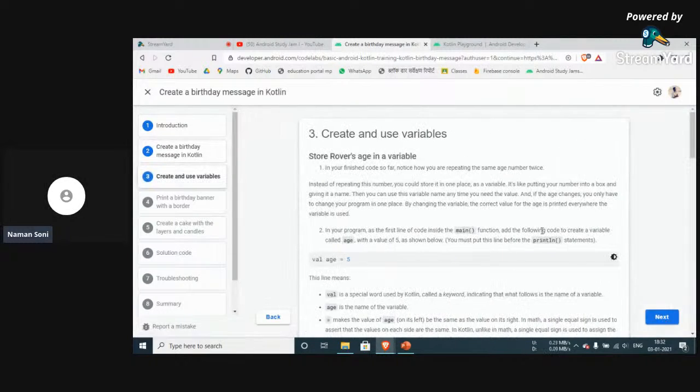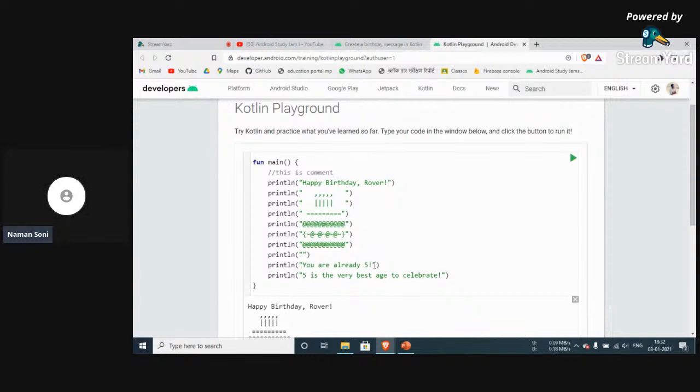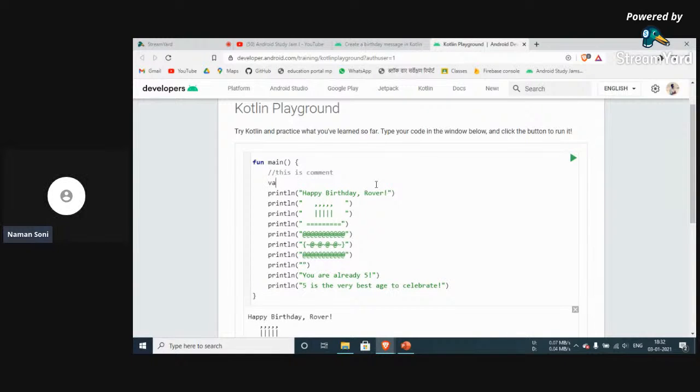Okay. Now we will use some variables. We will see how to use variables. You can see here that you are already 5. We are using Rover's age as 5 here, and here also we are using 5, so now we can store that in a variable age, and then we can print it using println, like age